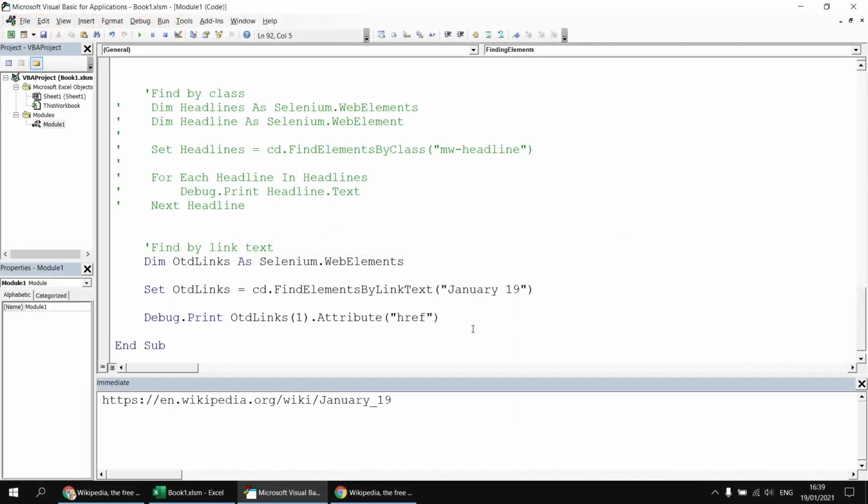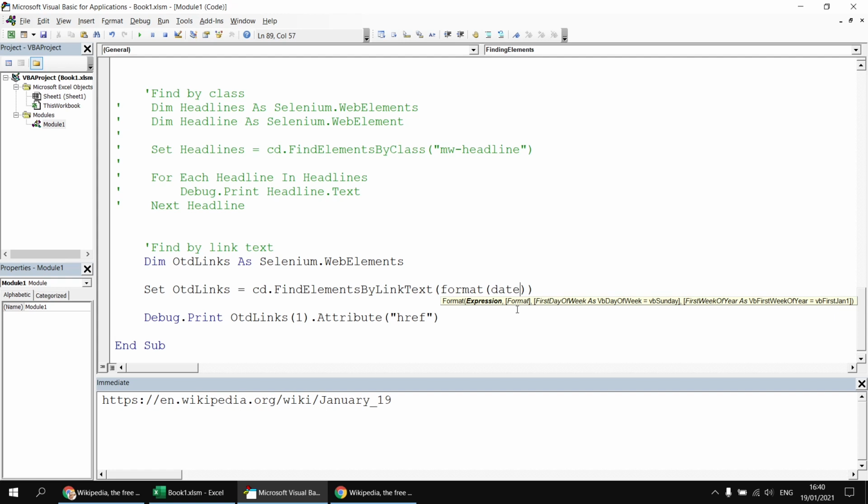We could make this technique a little more dynamic by calculating the link text that we're looking for. If we assume that there is always a link on the main page of Wikipedia which shows this particular format for the current date, so the month name followed by the number of the day of the month, we could calculate that based on the current date. So let's just get rid of what's in that set of parentheses there, and we're going to replace that with a reference to the format function. We can type in format, open and close some round brackets,